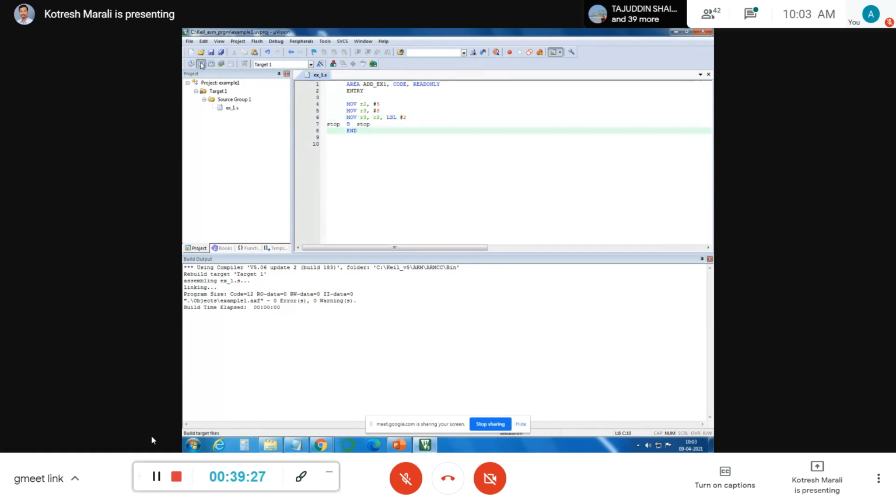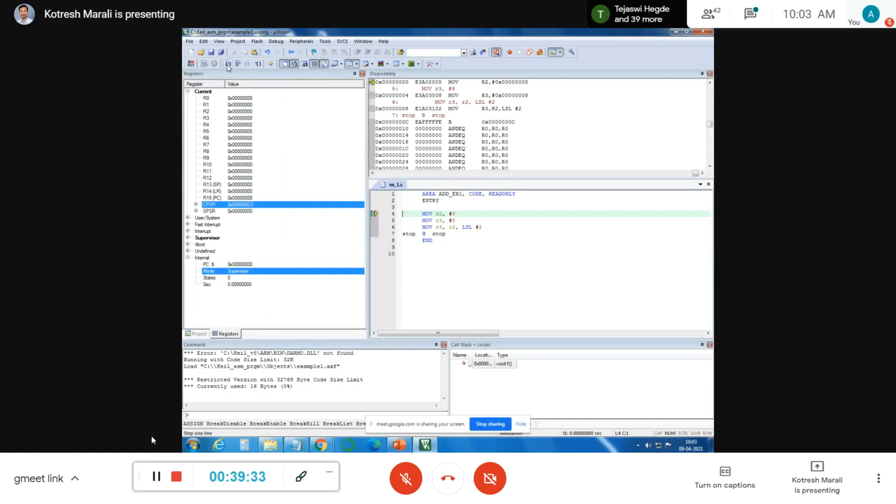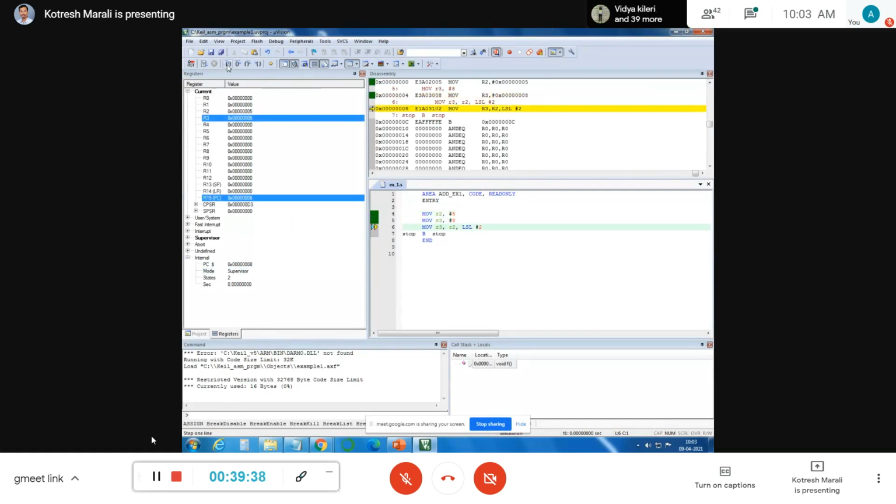Save this, run the program. Okay, now go through the step-by-step execution. R2 is 5, R3 is 8, then it is performing this. So the output should be R3 is 14. What happened?